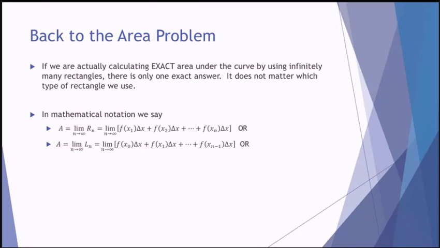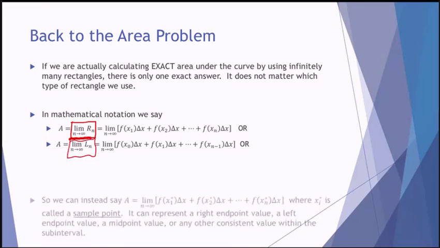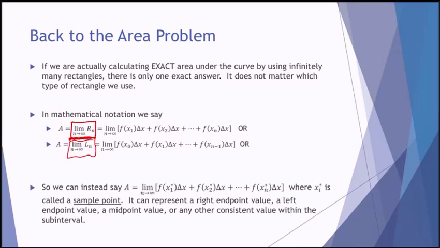So in mathematical notation, the way that we write that is, if you're doing your right endpoint rectangles, which would be what we see here in this first bullet, and we take infinitely many rectangles, we let n, which is the number of rectangles, approach infinity, we can say that the area is exactly equal to the limit as n approaches infinity of L sub n, which is your estimate of the area under the curve using left endpoint rectangles. Or, instead of saying you have to use right endpoints and then use the limit to get the exact area, or you have to use left endpoint rectangles and use that to get the area,